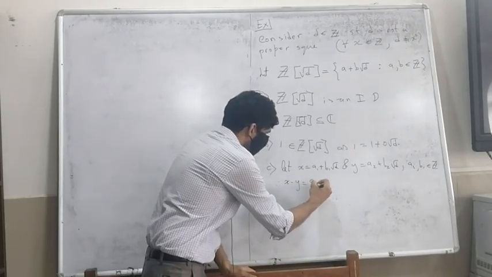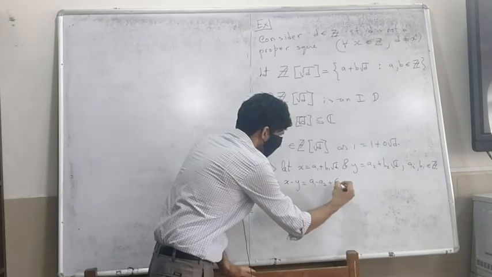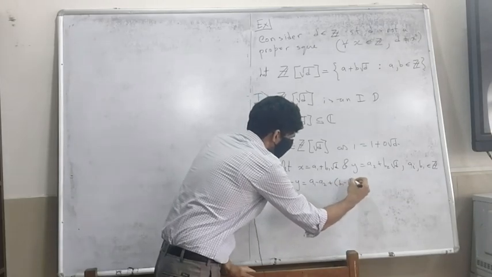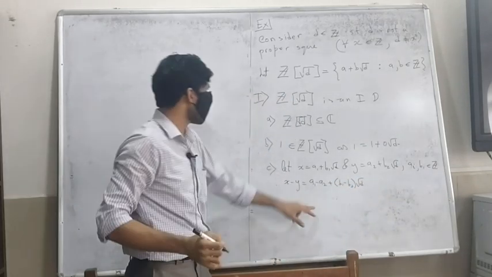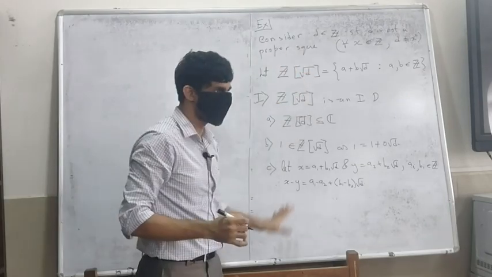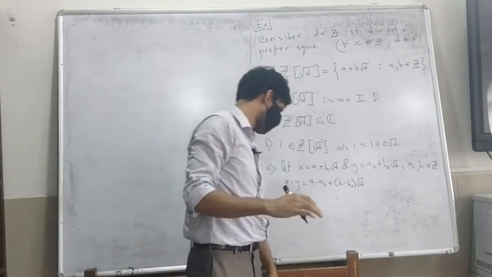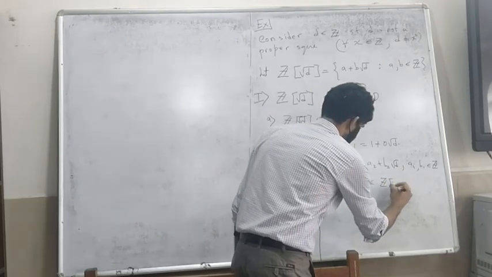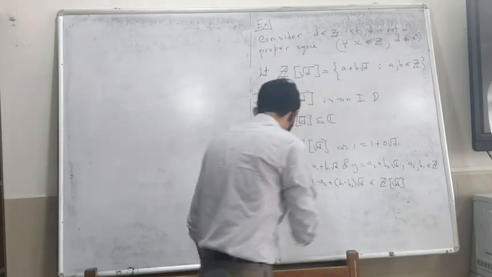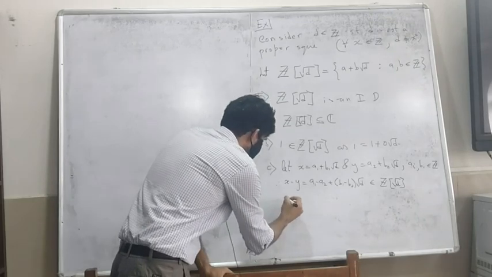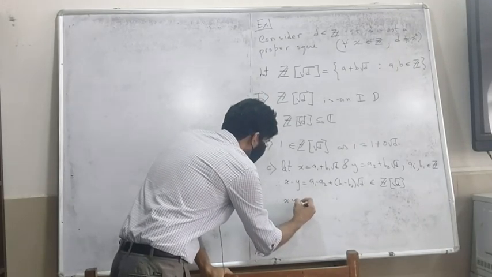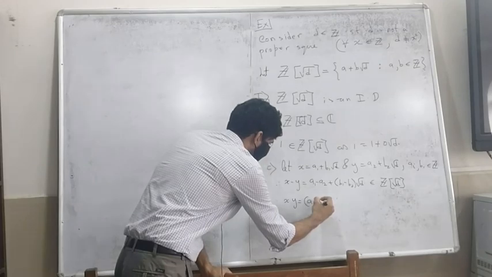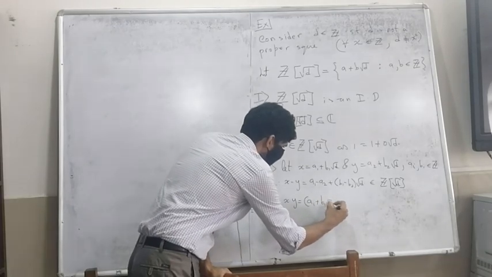Exactly, this will simply be the square root of a1 minus a2 plus b1 minus b2. The operations come from C only. I am using that, so that will be fine. So therefore this is also in Z root d. Simple to see. Okay, and I also need to look at x times y, which you can take the product of and convince yourself that it's in this.